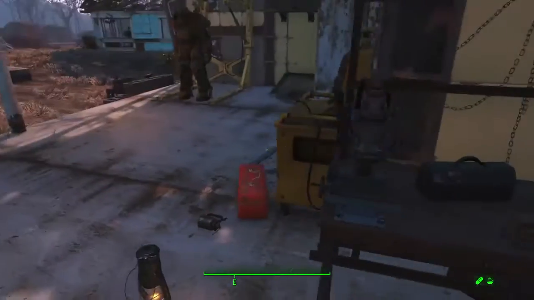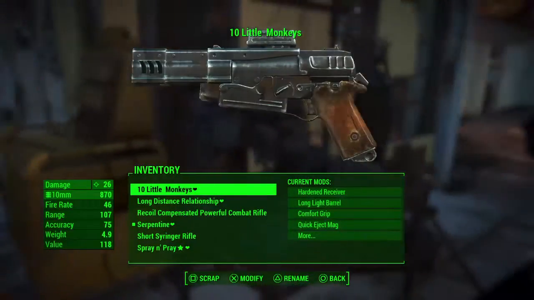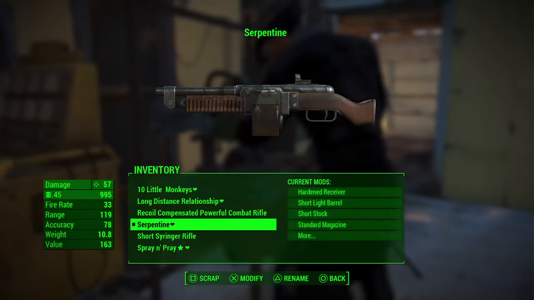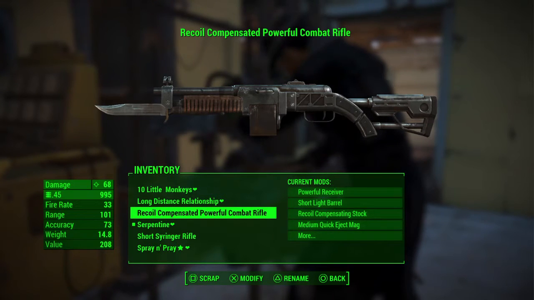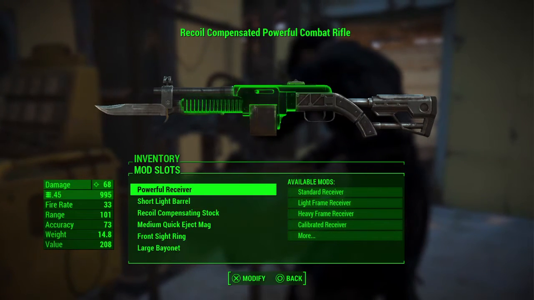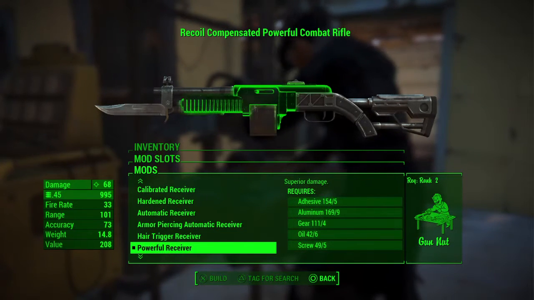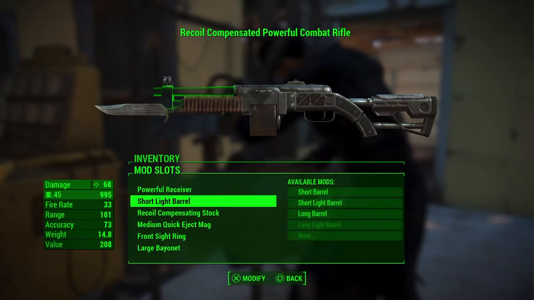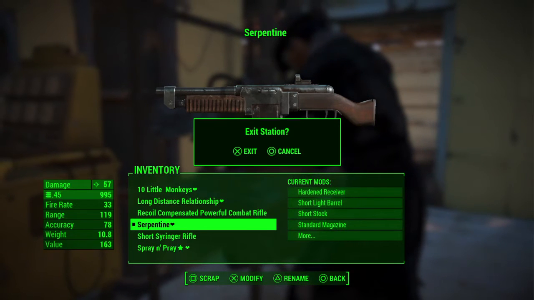Actually, let's take a quick look before I do anything else. Oops. Okay. So I've got my Serpentine, which is very nice. But I've also got the recoil compensated powerful combat rifle, which has a medium eject quick mag. Now, let's see. Powerful receiver is what I have on there. Serpentine has a hardened receiver. So that's actually